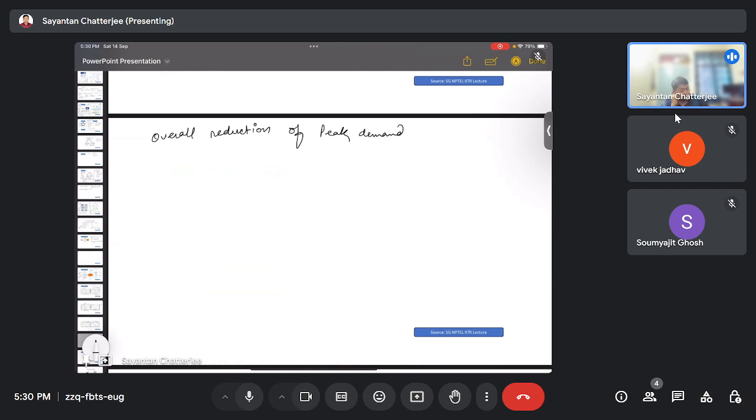This can be observed with utility driven or customer driven. For utility driven, there's around 6.5% peak demand reduced with the commercial,